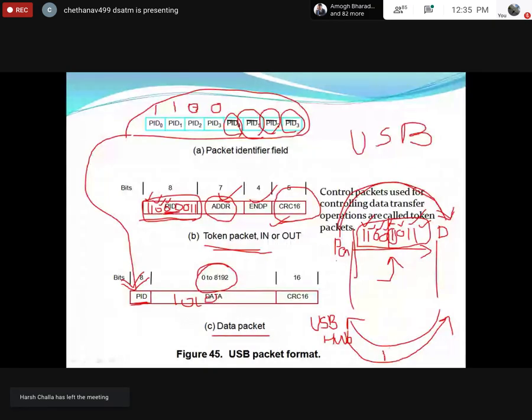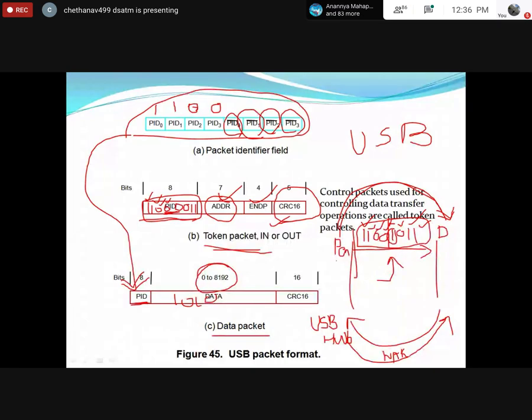Otherwise, it has not received the data packet. What will it do if the data has been altered or your data is incorrect? In such a case, it will give you the negative acknowledgement. Negative acknowledgement means what? Okay, I've received the data, but it is altered data or incorrect data. Like that, it will give the acknowledgement.